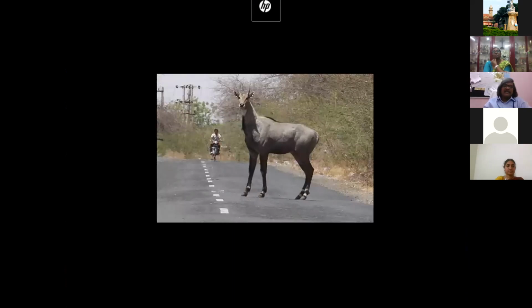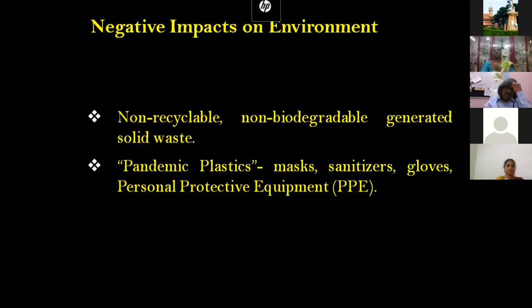This one I have taken is near Delhi. It is an exotic species, what we call nilgai, blue bull. I think North Indians consider it a sacred animal. It is an endemic, endangered animal, but now it has started coming and is happily moving on the streets. Okay, these are all positive